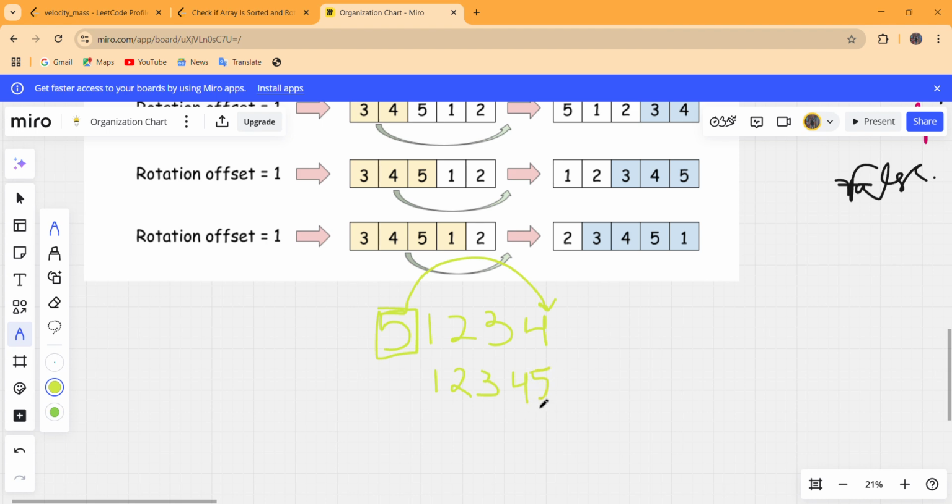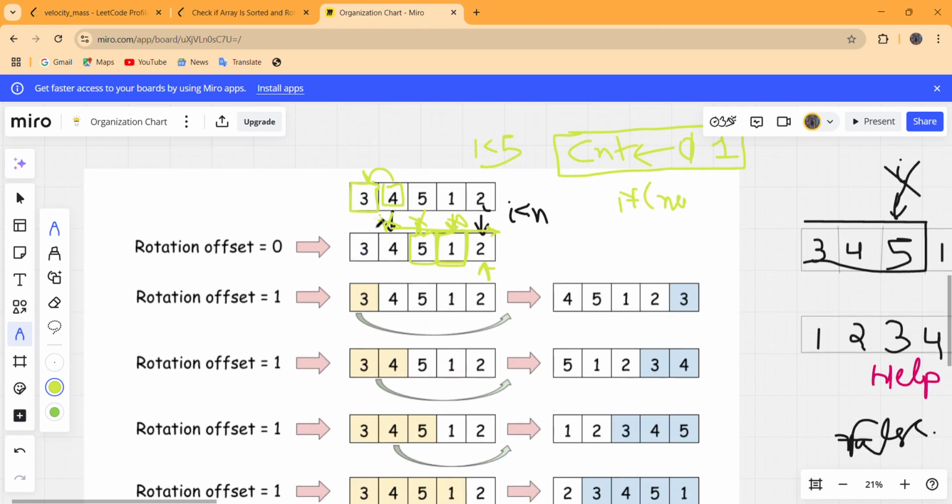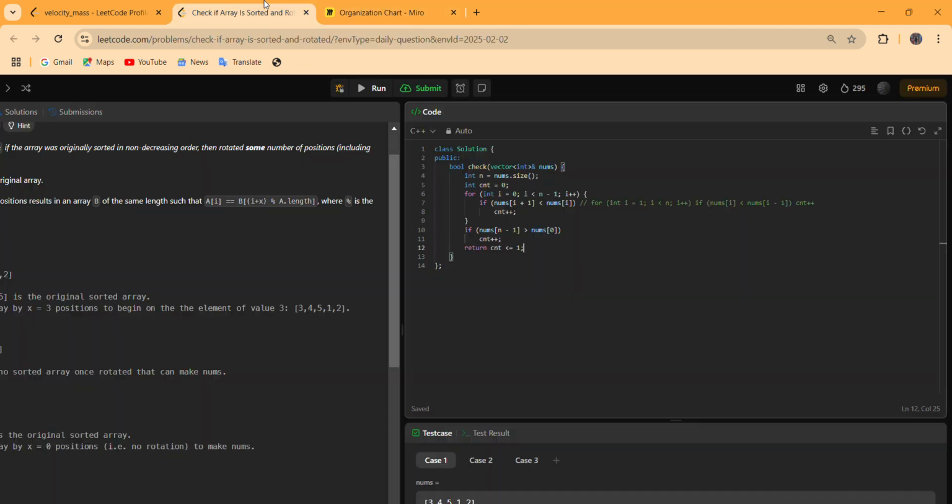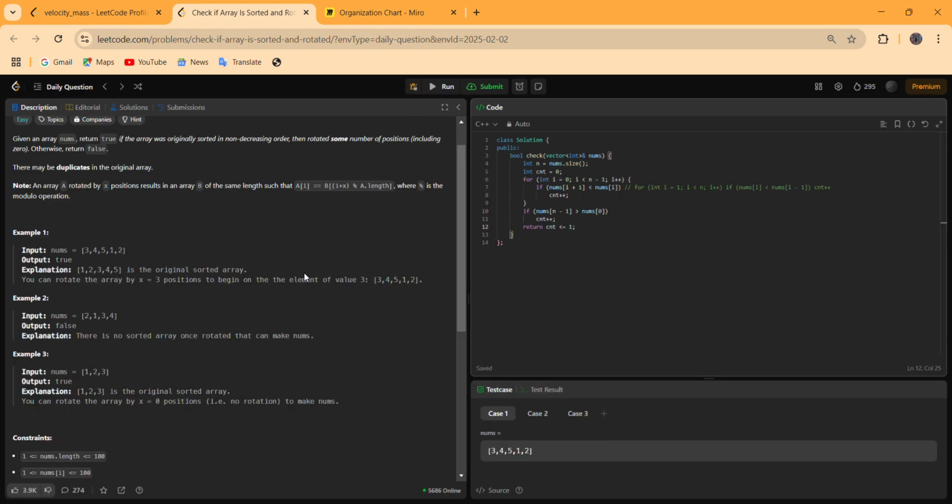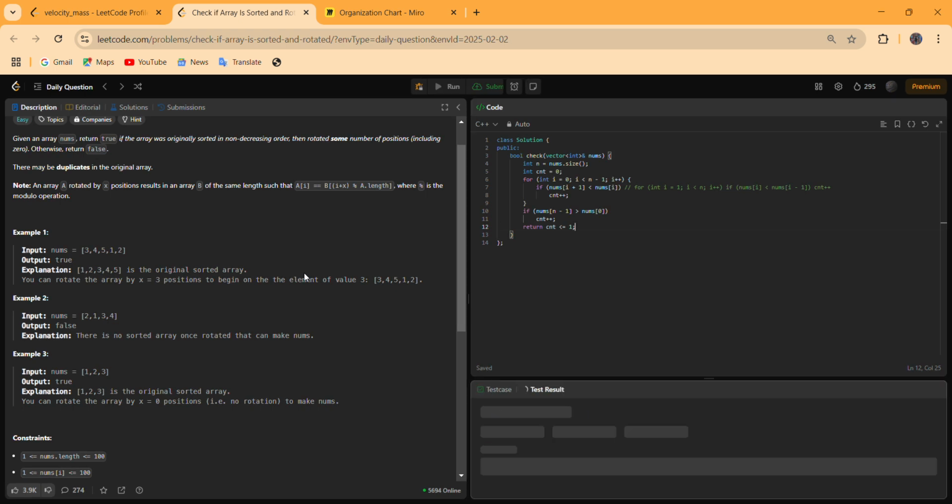And by moving in this for loop, we can miss the comparison of this and this element, whether they are related to each other or not. So that is why we have to check this condition, and now if we run this,